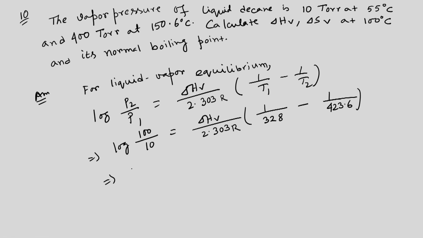If we further simplify this one, we get delta HV is 45 kilojoule,